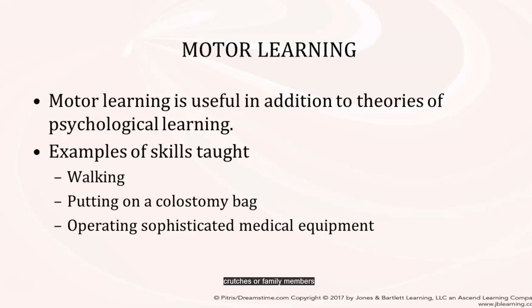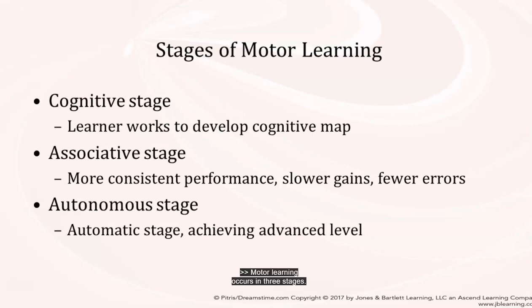Examples are teaching a patient to use crutches or family members how to assist with ostomy care. Motor learning occurs in 3 stages. 1, the cognitive stage, where the learner develops an overall understanding of the skill. 2, the associative stage, where the learner focuses on how to do the skill more consistently and with fewer errors. And 3, the autonomous stage, where the learner can improve speed and efficiency and requires little attention and thinking about